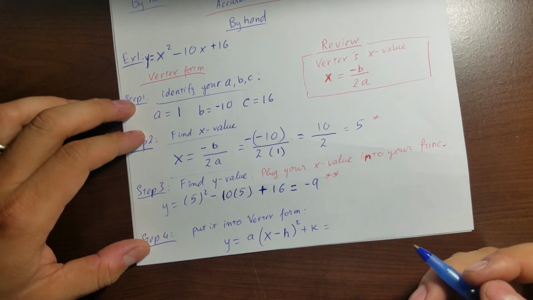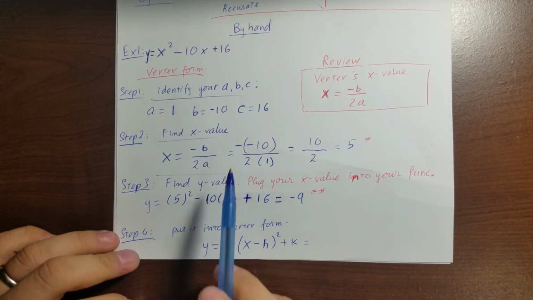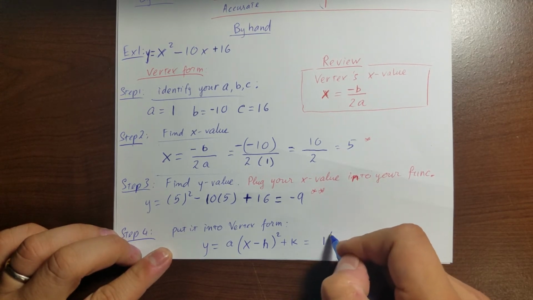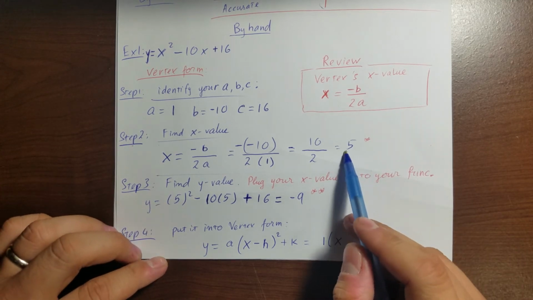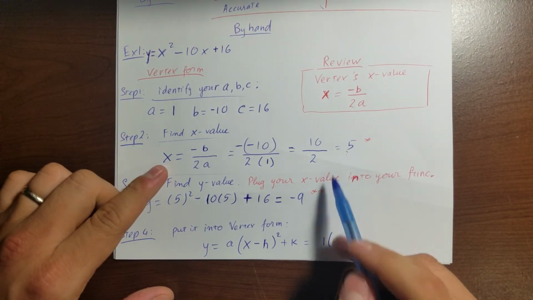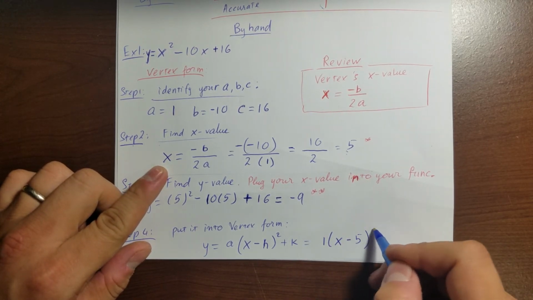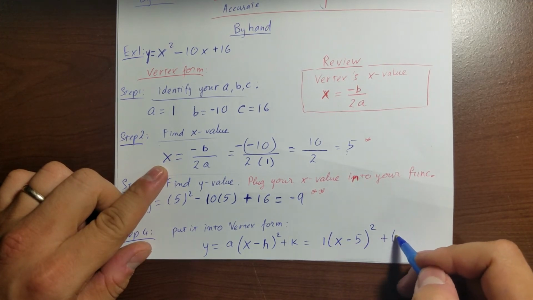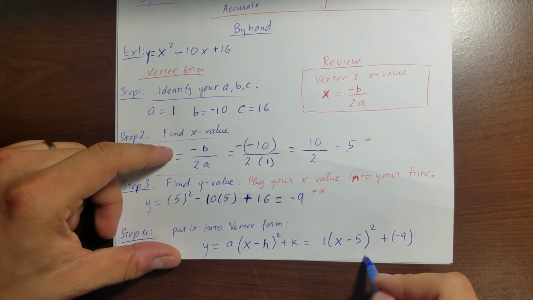So let me ask you this: what is my a coefficient that we found so far? Well, my a coefficient will be 1, times (x minus your x value, in this case x minus 5, because you already have 5 positive right there) squared, plus your k, in this case plus negative 9. And if you want to do so, your complete answer